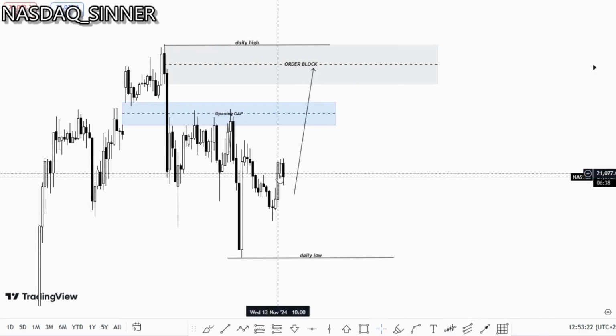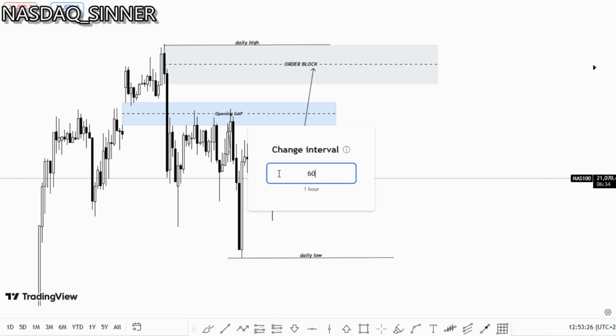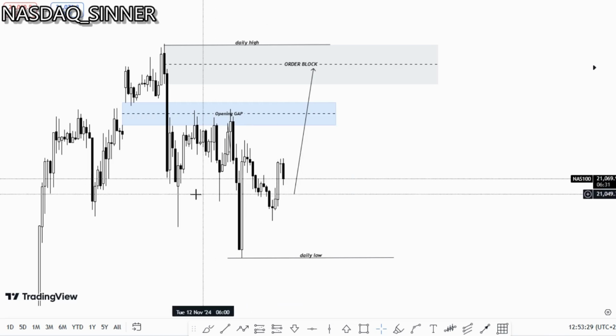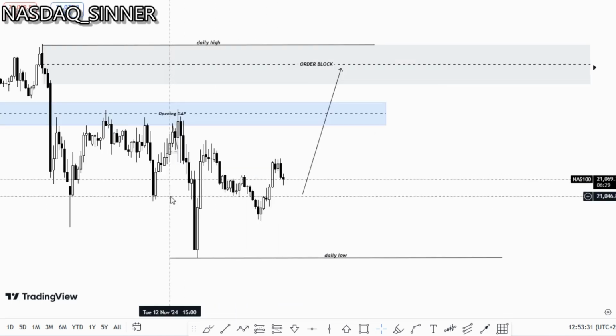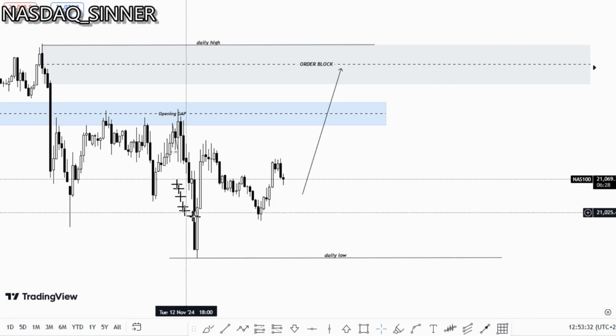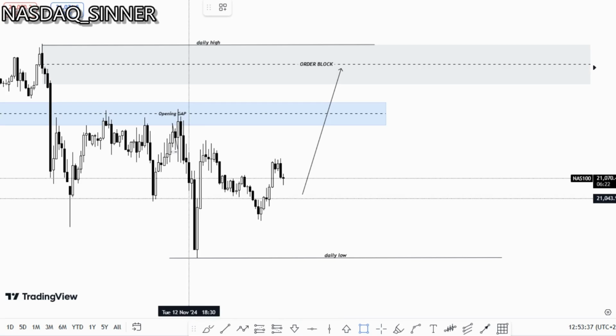This is an order block, and it was already halfway filled. So I wouldn't actually take any trades when it comes to this point. I'm just gonna make sure that at least I'm gonna tap here and then push to the top side. So rather than that, guys, I feel like Nasdaq, we're just gonna